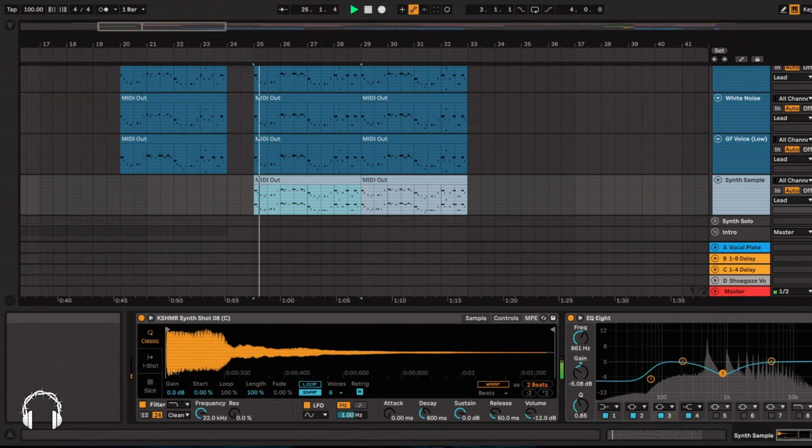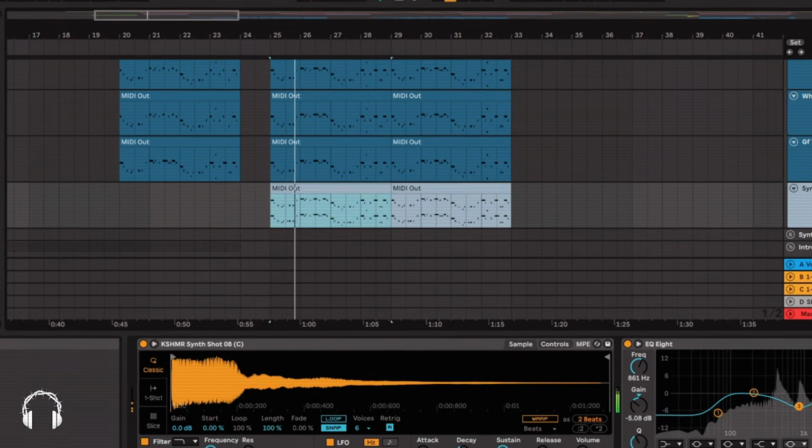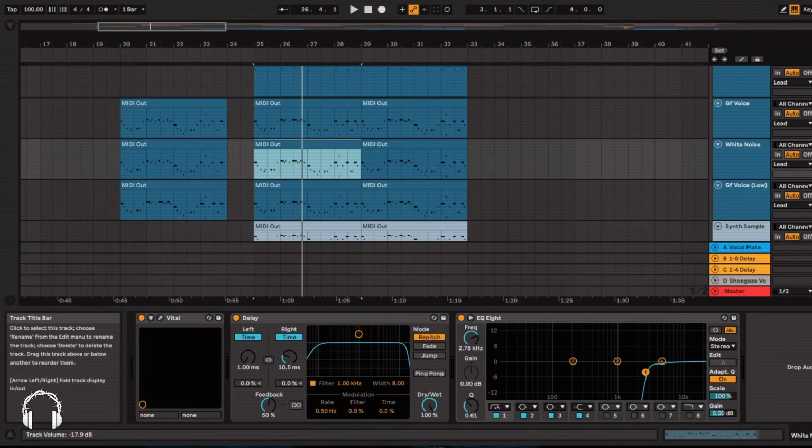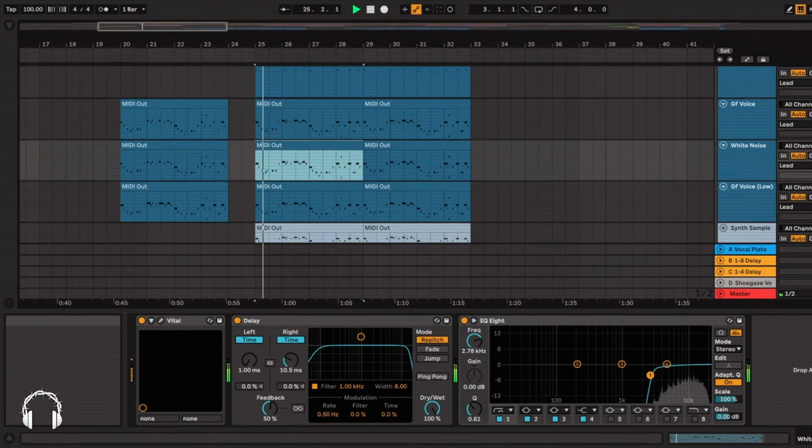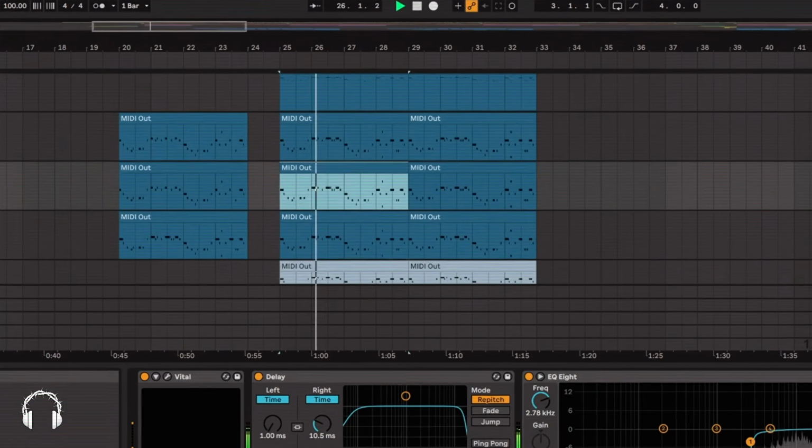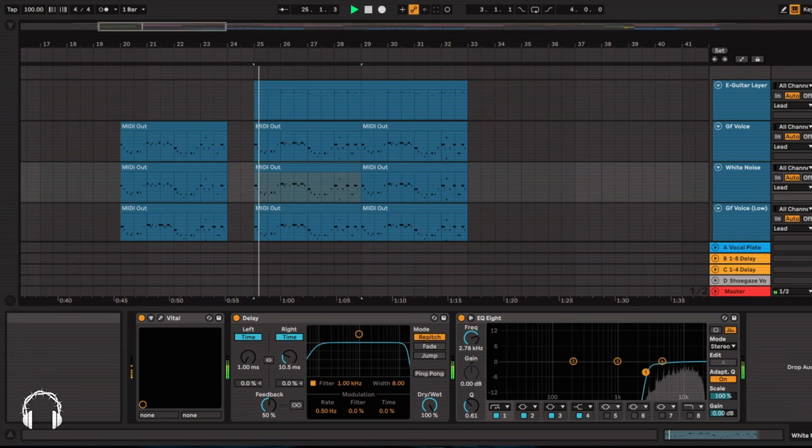I also used a synth shot from a sample library and applied the same processing as with the main melody sound. And finally, there's also a white noise layer that I made in VitalSynth. And altogether,